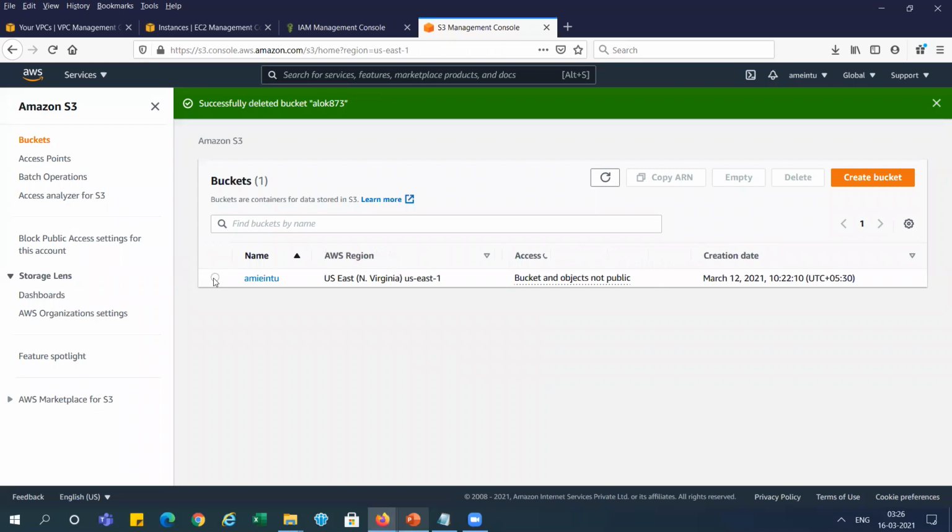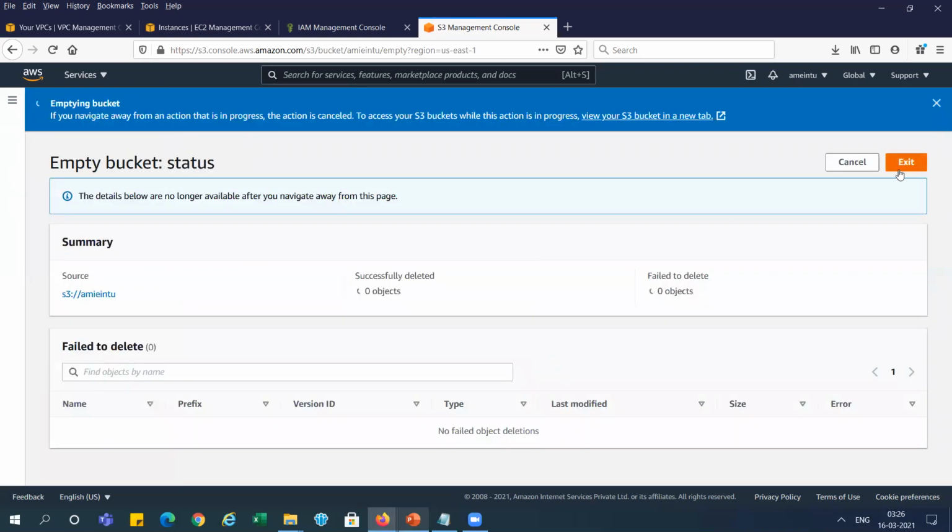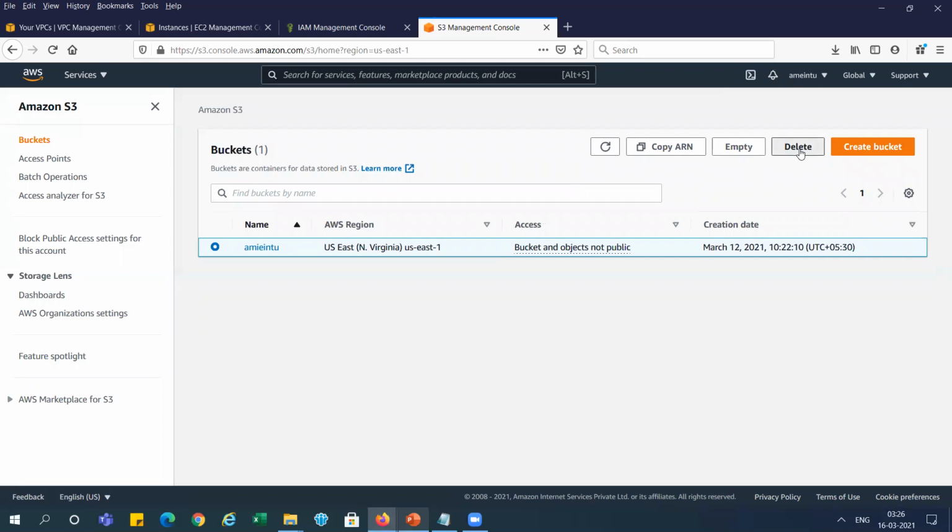Now we need to delete this bucket, but we need to empty it first. So we empty it, delete it permanently. This is in process. It is done, right? Now we will go and delete this one also.